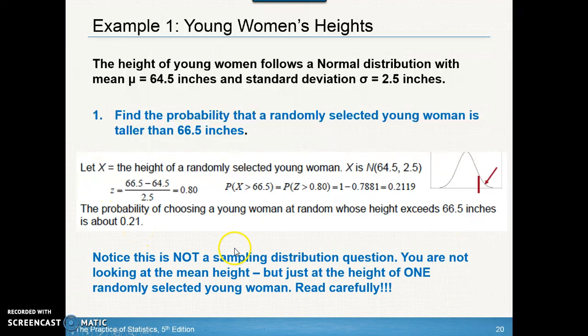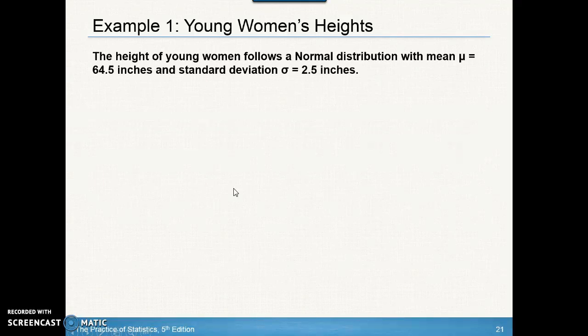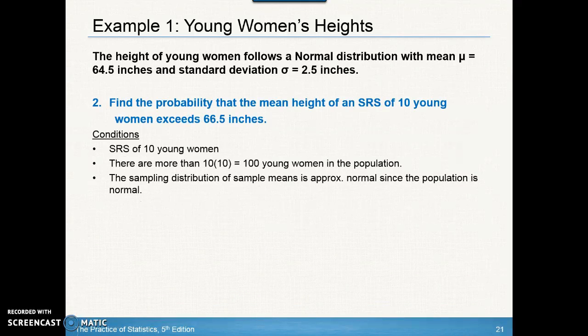Okay, now this is not a sampling distribution. We're looking at the mean height of one randomly selected woman, just one. Okay, so make sure you read the questions carefully and your notation is careful. Okay, so with the second one, okay, this one